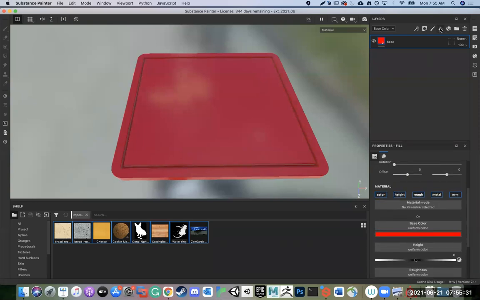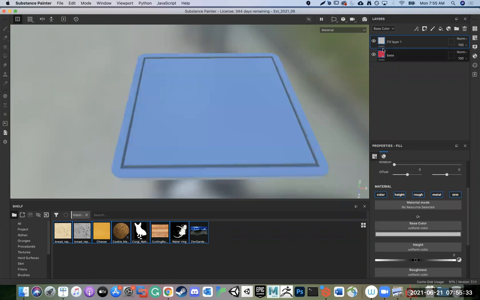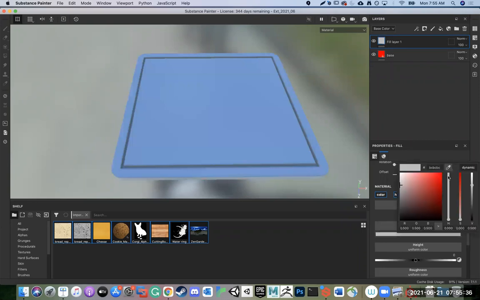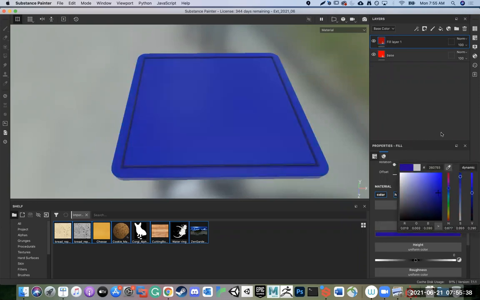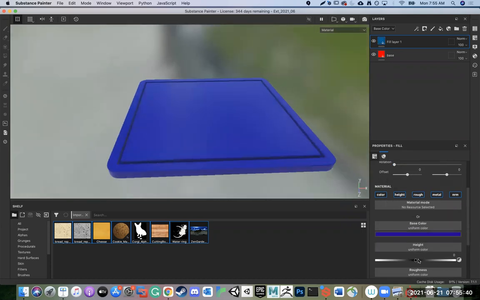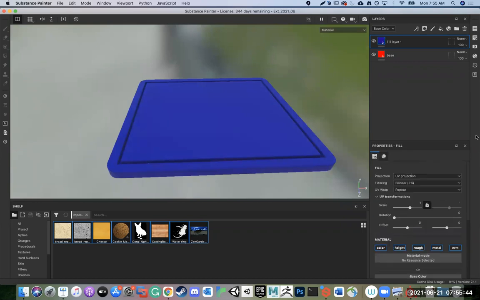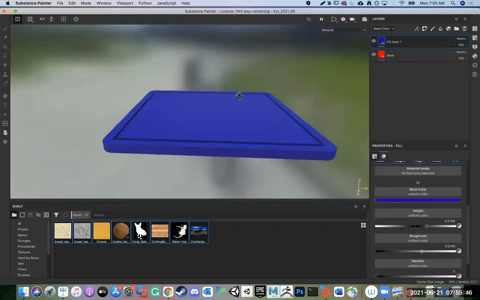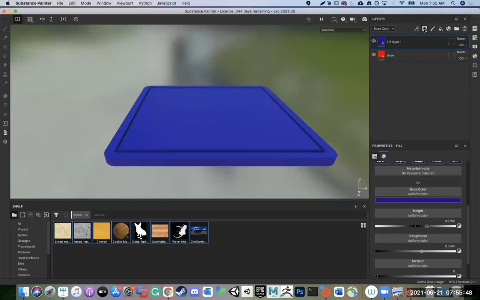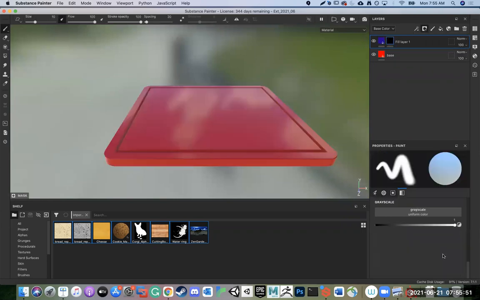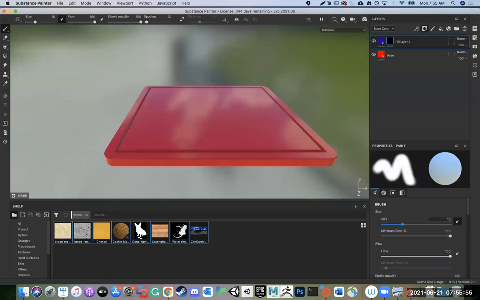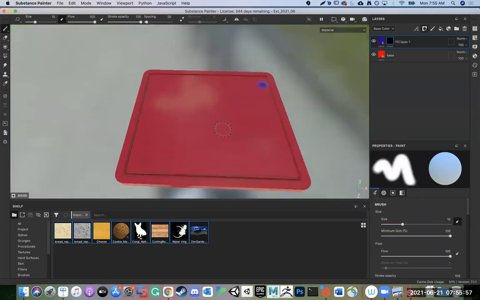But then I'll make another base layer. And I'll be like, all right, you're going to be blue. And then you're going to have some extra height. And you're going to be low roughness. And so you're like, okay, but that's just kind of everywhere. If I use a black mask, then I can go in and